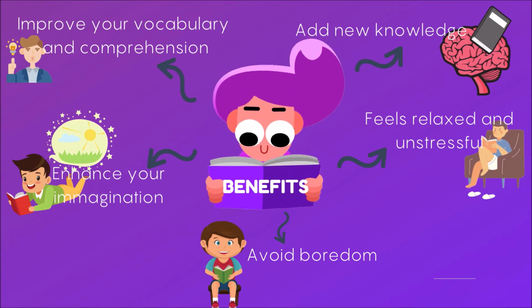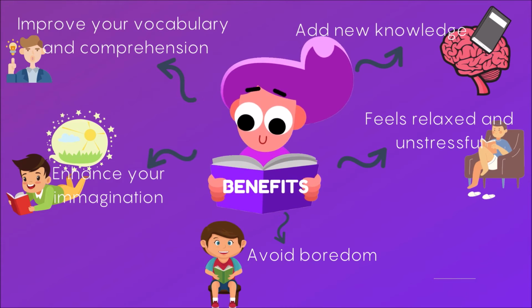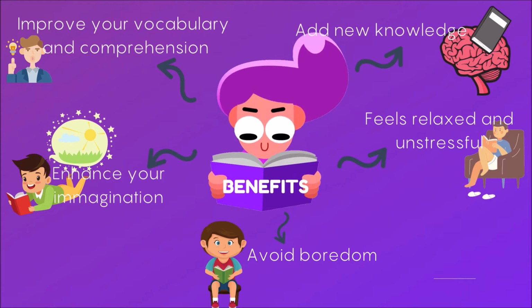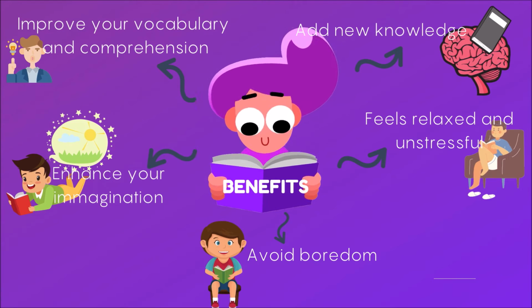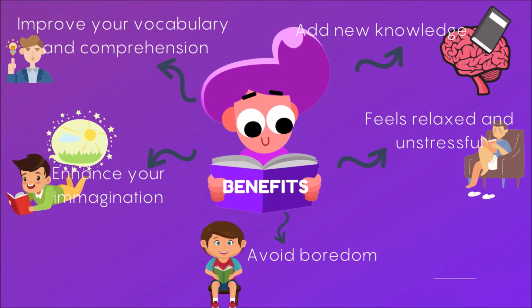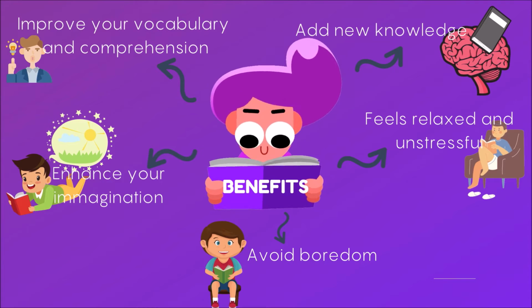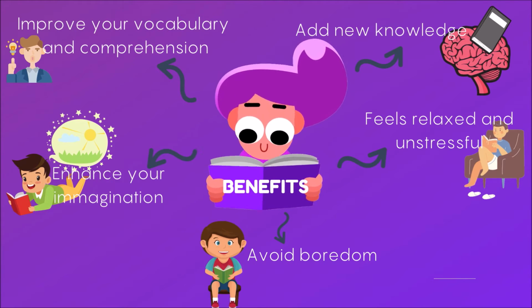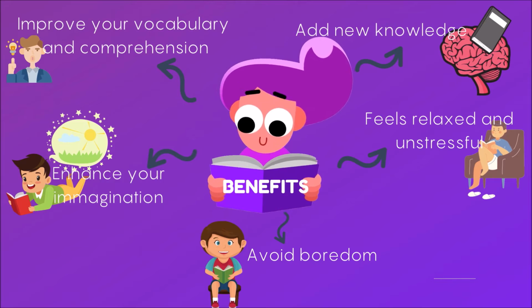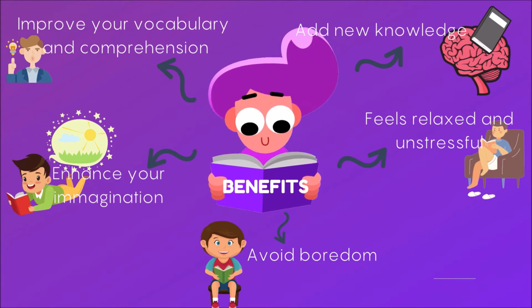Number 2, reading makes you feel relaxed and unstressful. Of course, when you want to read, you will look for a place that you feel comfortable. For example, you will sit on your chair or lying on your bed or on the sofa. So, by feeling comfortable with a good book, you will feel relaxed and unstressful. You will forget about your